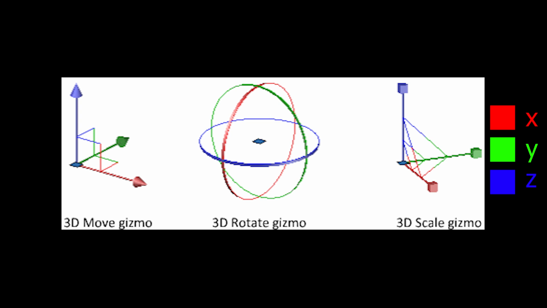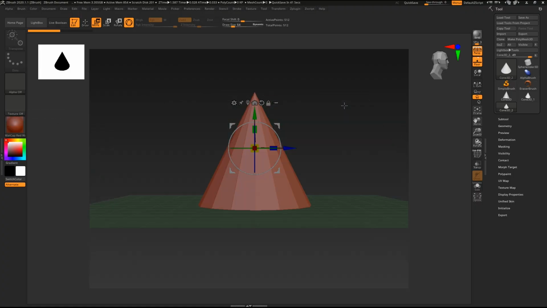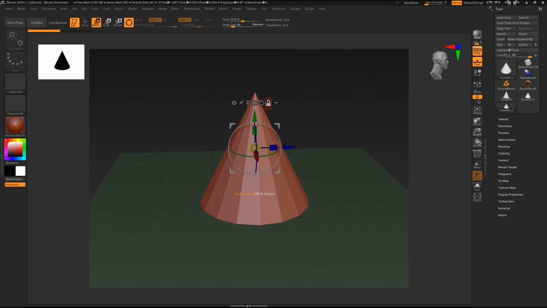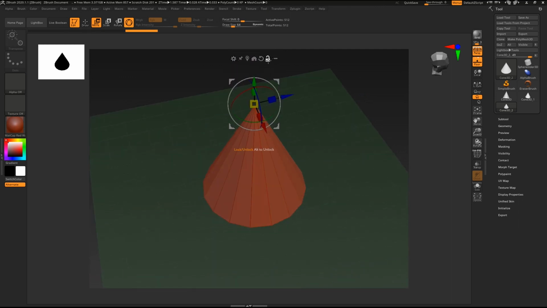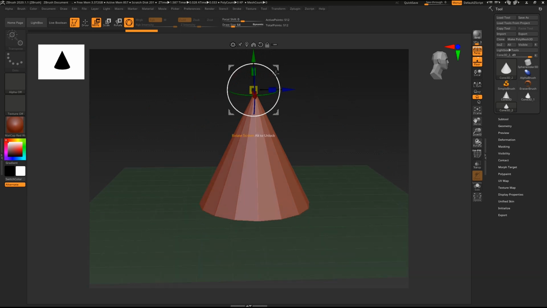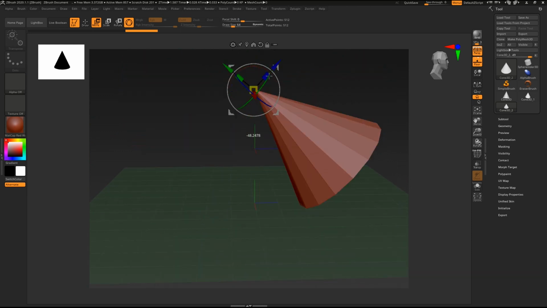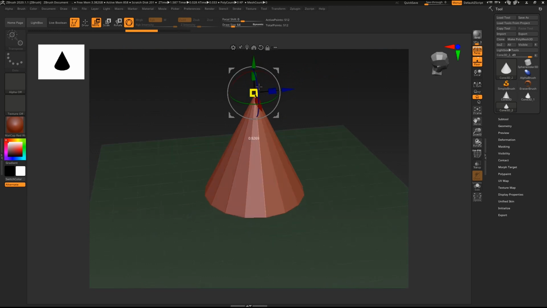So in ZBrush, the first gizmo is for move, the second one is for rotate and the third one is for scaling the object. Just select the desired colored axis in which you want to move, rotate or scale. The other thing is you can also move the gizmo without moving the whole object. Just click on this lock button to unlock pivot mode. Then lock it again after confirming to get rotation like this. Now scaling also works according to the newly set up pivot.